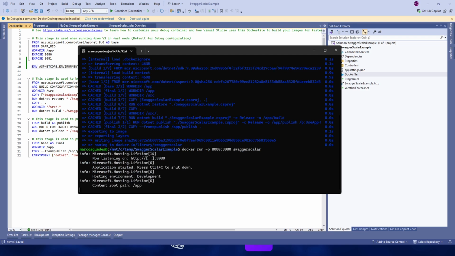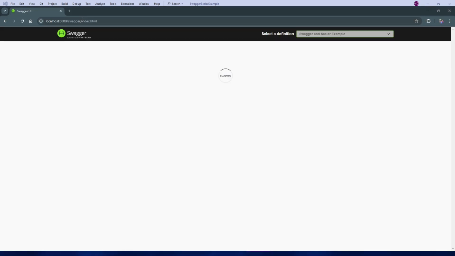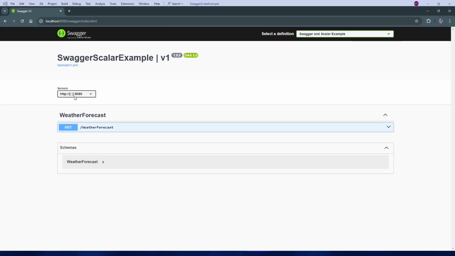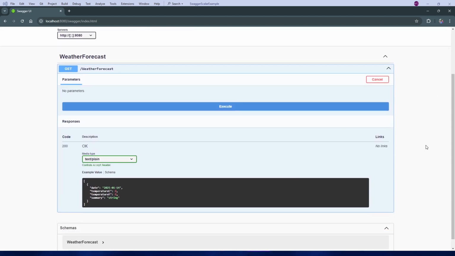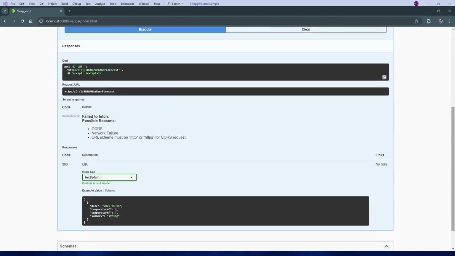Now go back to the browser and we'll try to access Swagger again. Okay, we can see that Swagger can see our domain. Let's try to execute the endpoint. And we got this error.